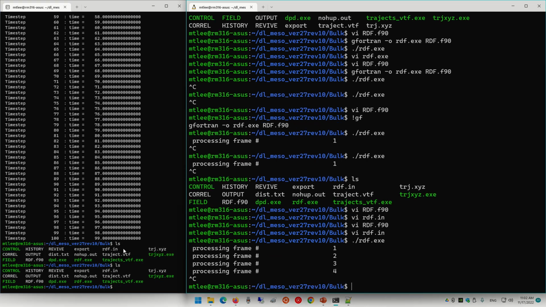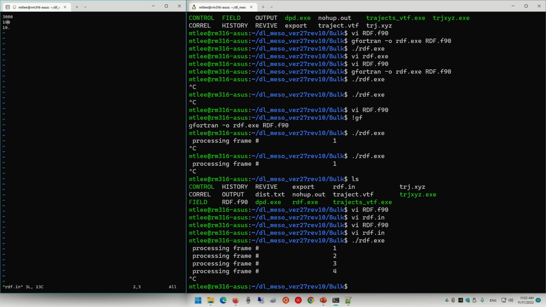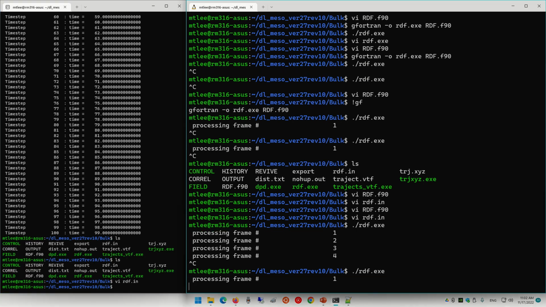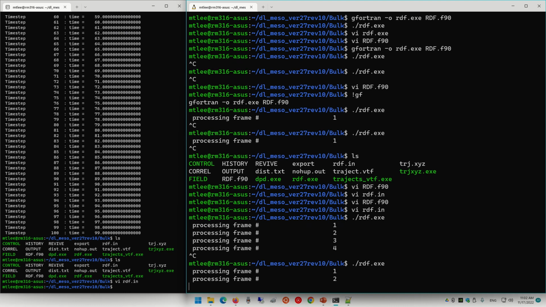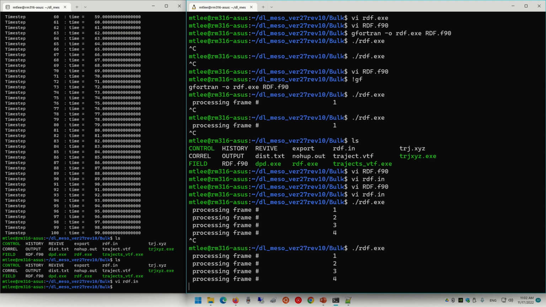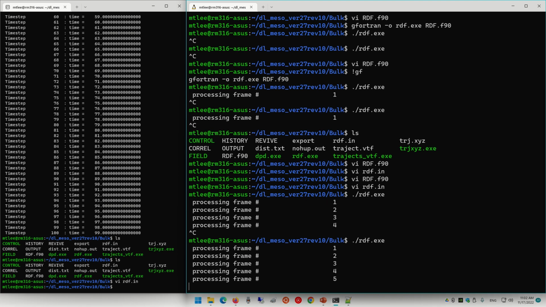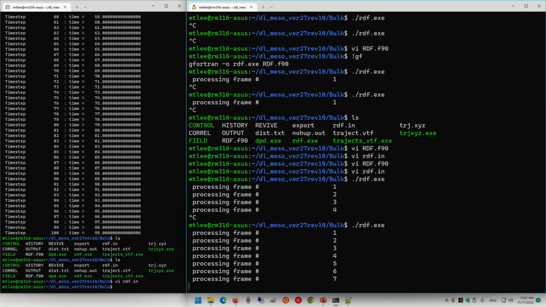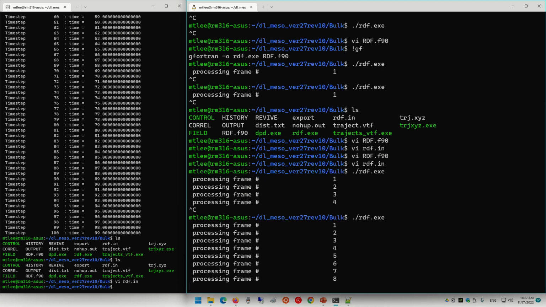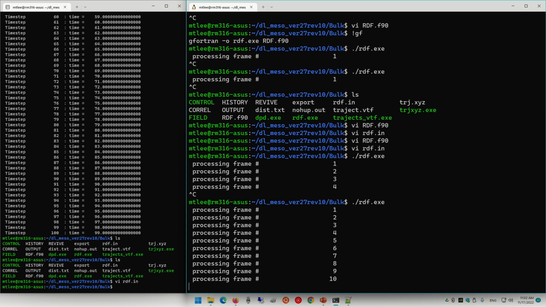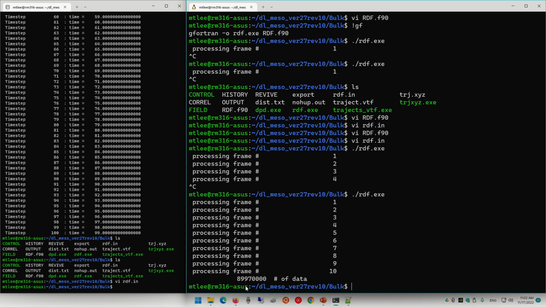So let me actually just change it to 10 frame. Okay, just need 10 frame.